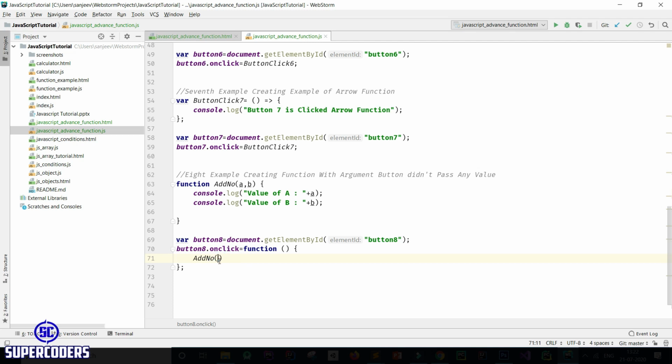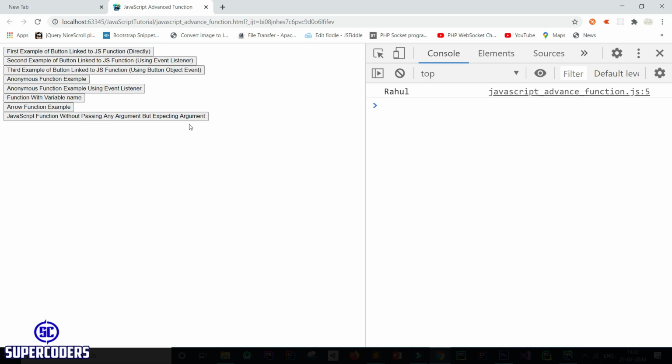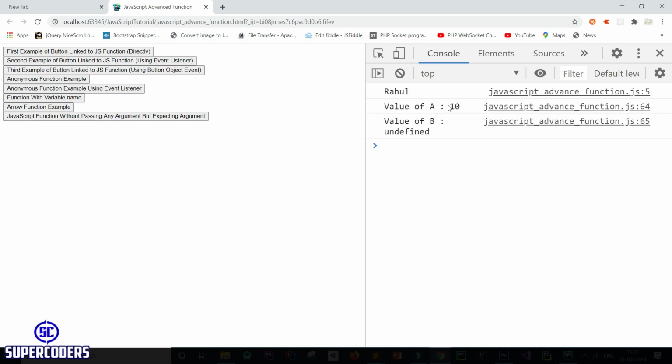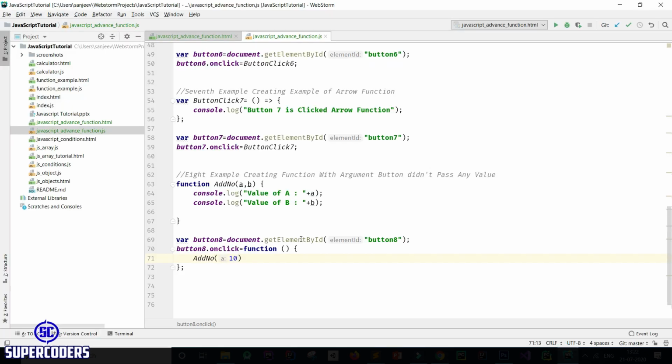Let's see passing one value. So pass the value 10 for a and again run, and you can see it prints the value for a and b is undefined. Also you can assign a default value.